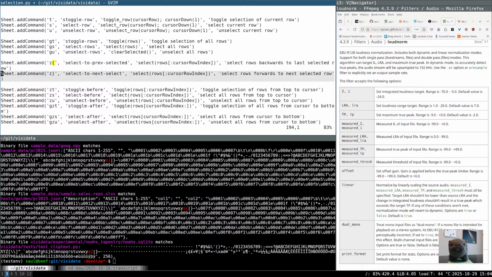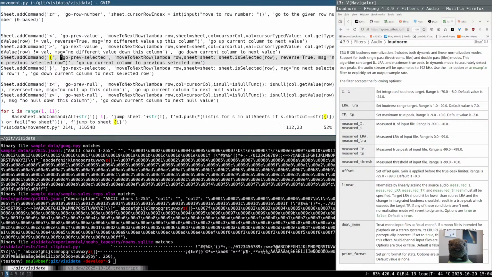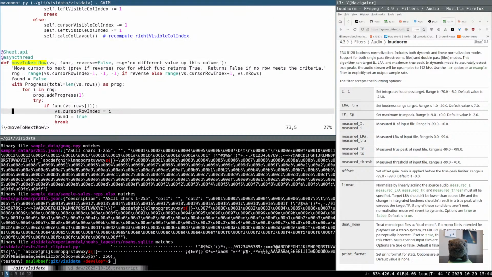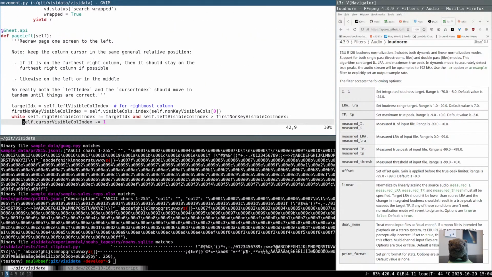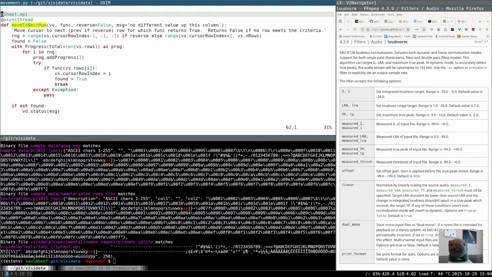That would make sense. I do it. Move to next row. It's actually not a move, it's a find next row. It's very close to this, but it's